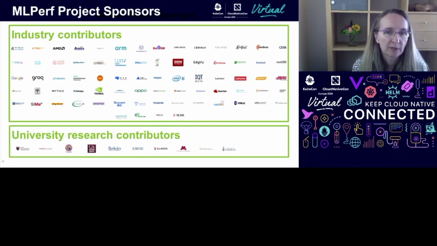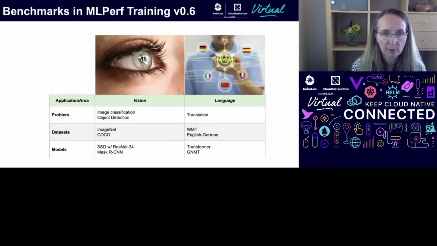MLPerf is an emerging industry standard benchmark that is designed to be used as a level playing field for comparing machine learning infrastructure. There are all these companies shown here that are contributors to MLPerf, and university researchers as well. So we thought this would be a great choice of a real-world benchmark that tests the entire system to run in our distributed storage experiment. Next slide, please.